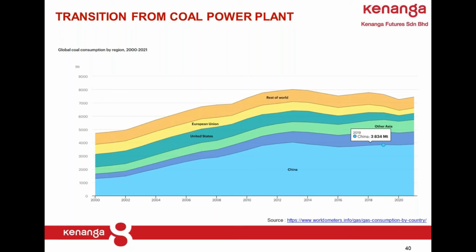Now, another factor will be the transition from coal power plant. As you can see, due to environment impact issues, a lot of countries have started to retire coal power plant generation and switch to natural gas. Some are okay for those that can be converted into natural gas power plant. They will convert. If not, they will retire the entire coal power plant and build new ones that can be